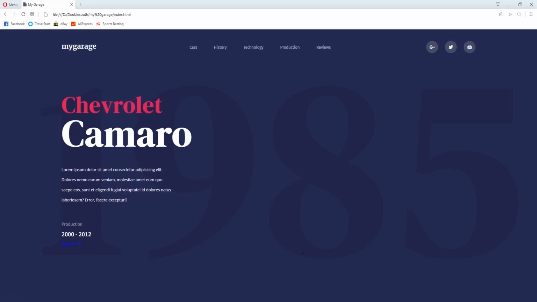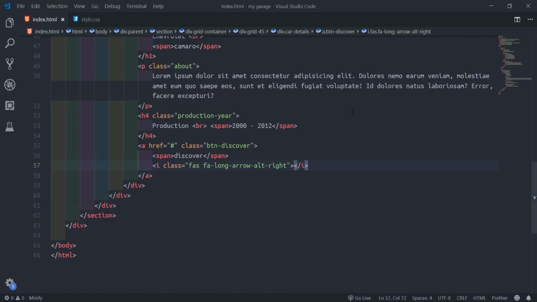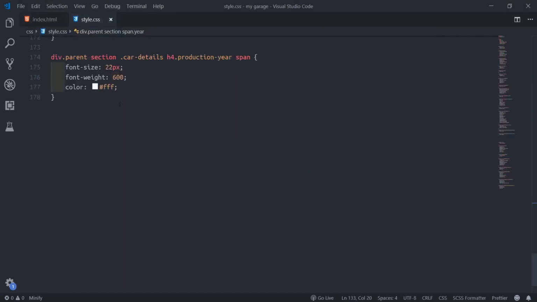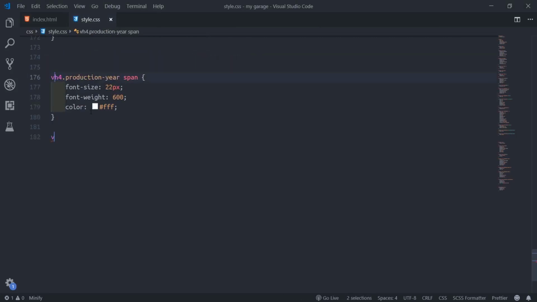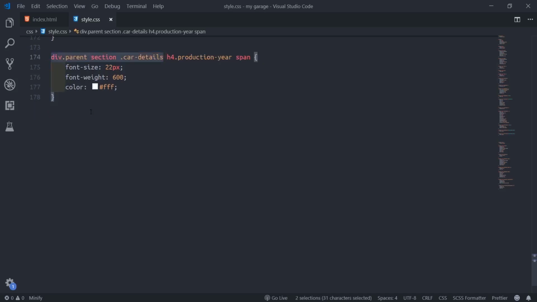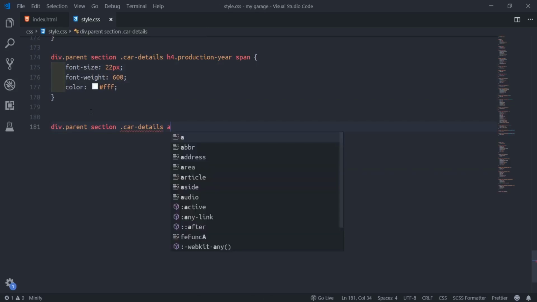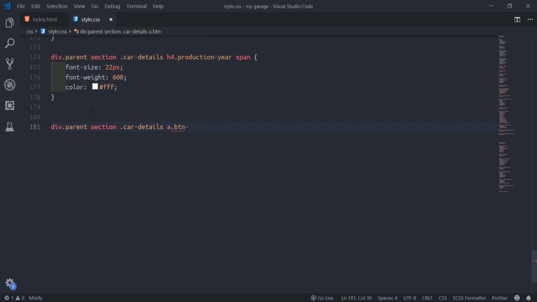So I'll just style the button sharply now, I'll style one side first. I'll copy the place now. Then a.btn discover.